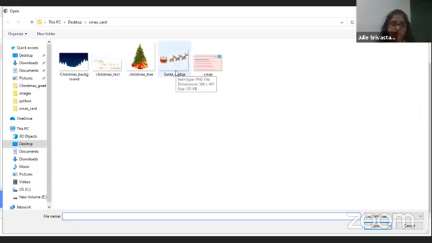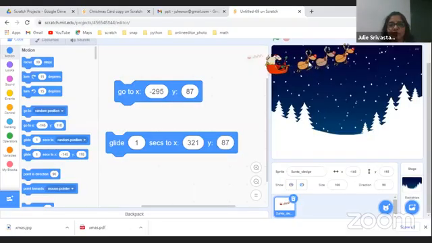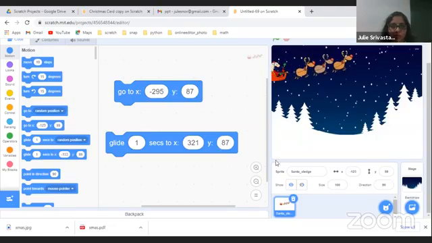The image that we sent you, the Santa underscore sledge image, I would want you to upload that. Once you upload the sledge, you can see it on your stage if it's uploaded. You ensure that you're on the sprite sledge and you go to the motion block. In the motion block, there are